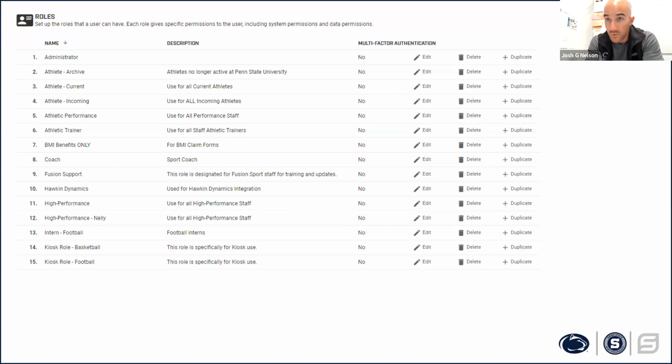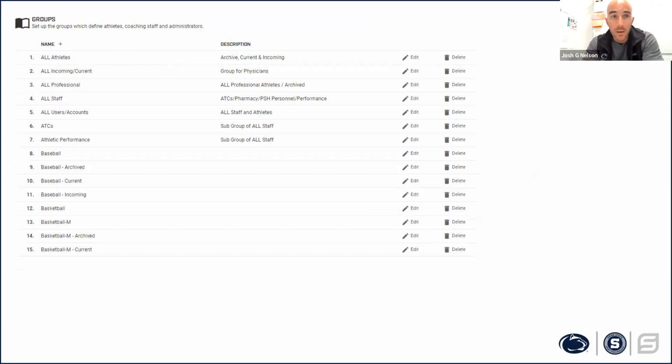In here, we have coach roles, that have the ability to visualize specific sets of information for athletes. We have athletic performance roles. So these individuals will have the ability to access specific things pertinent to being an athletic performance coach, all the way down to sports medicine, medical, anything like that. We have the ability to control access by managing what roles each individual person has.